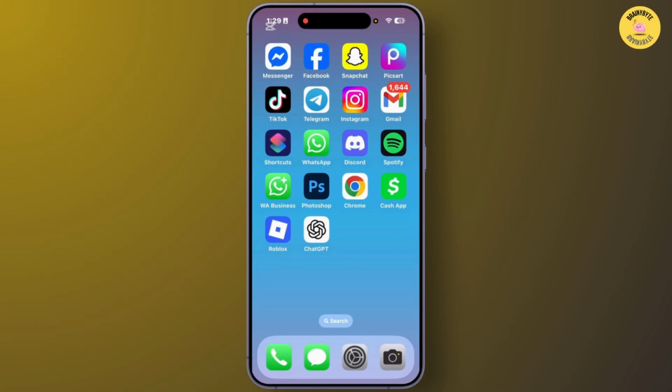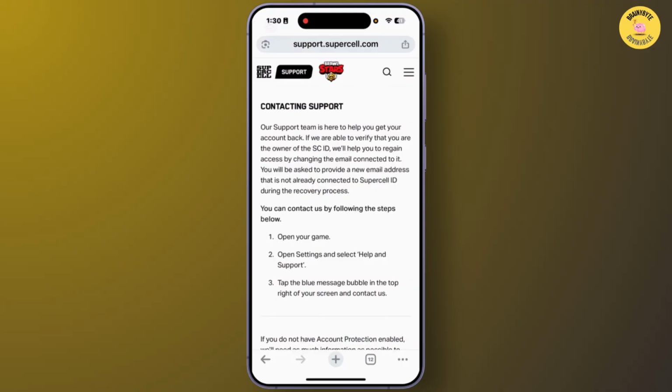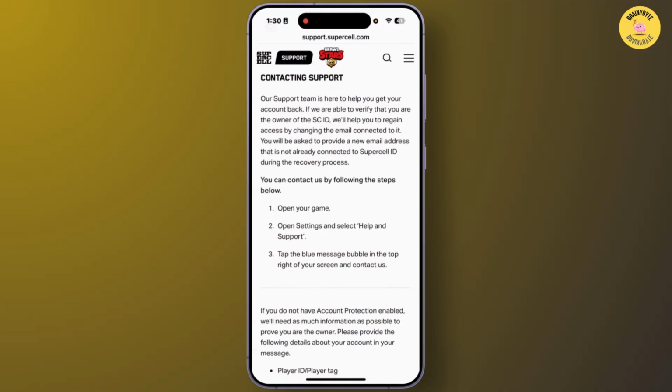Today I will show you how you can recover your Brawl Stars account. So let's get started. In this process, you can as usual check for the account recovery on your browser. On the Chrome browser, after you type Brawl account support, you will easily get this site. On this contact support site, if you have forgotten your Brawl account password, you can manually open your game on your device,